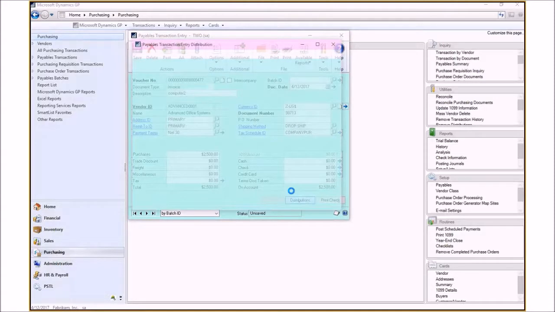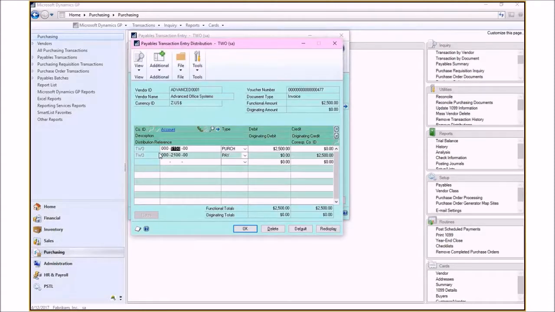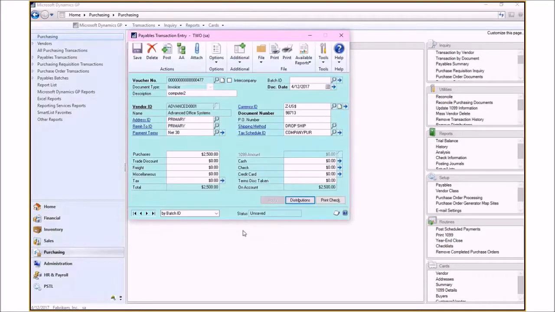In your distributions, as long as you code that expense to that purchasing account that you defined in that purchasing account setup window, and you can have as many accounts there as you need. So you wouldn't necessarily just have one computer account. You're going to have furniture accounts, you could have vehicle accounts, vehicle expenses that you want to depreciate. You have all of those set up, and any account that you have set up in there will trigger this to happen. So once I enter this transaction and I post it,